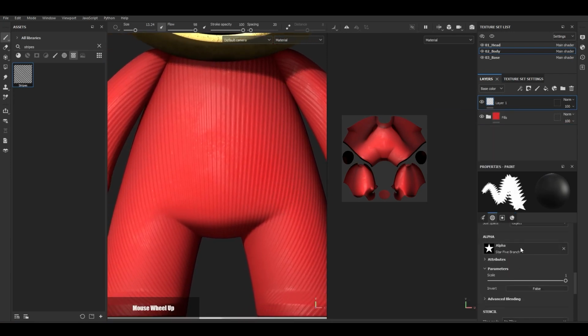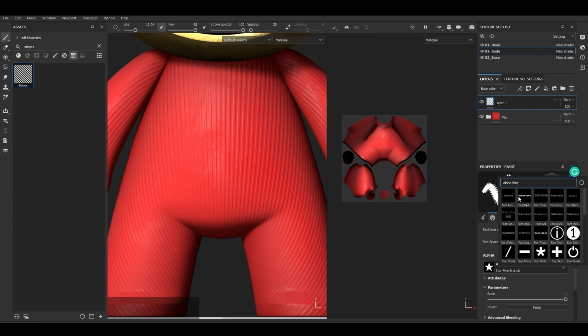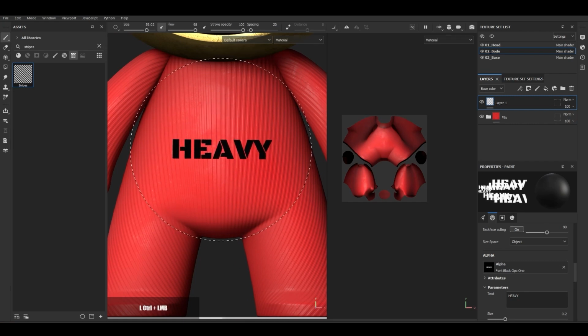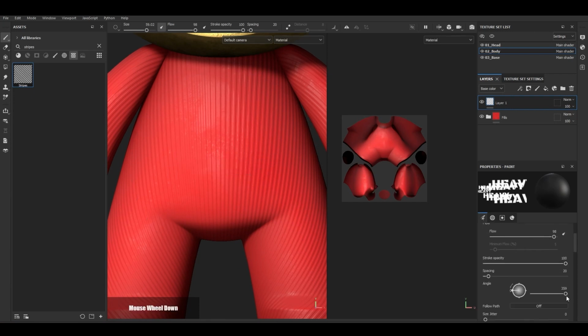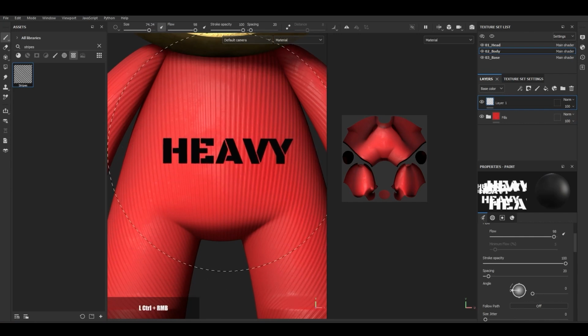Okay, in the alpha, I'm going to change it once again to font, and I think this one, the Black Ops, maybe the closest one we can get. So let's try heavy. Let's see how it looks like. It's pretty close. I think it would look fine. Now I'm going to reset my angle, so I know that it's completely flat, and I can start stamping onto my character